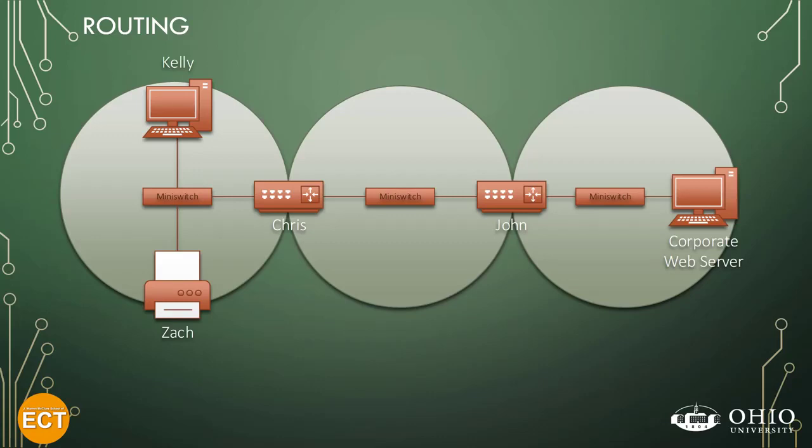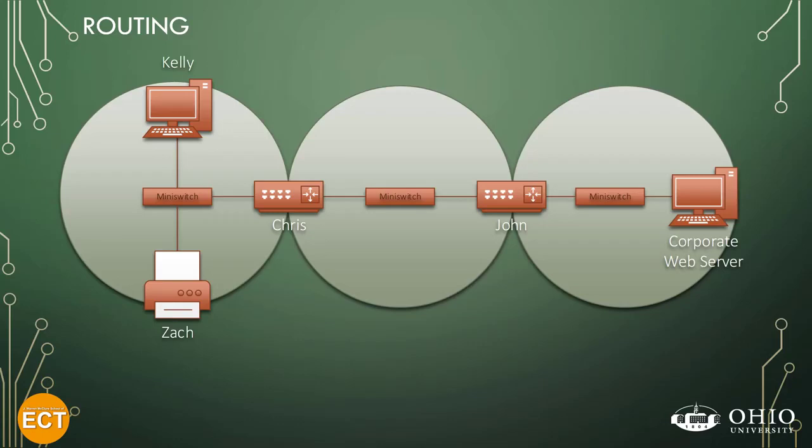This chain of little bubbles can get quite long. As I said, when you look at your trace route and there's 15, 16, 17 hops, each one of those hops is one of these little bubbles that's going on with a router talking to another router, talking to another router. We'll go on in these two examples, and I'll substitute the words Kelly, Chris, and John for IP addresses,